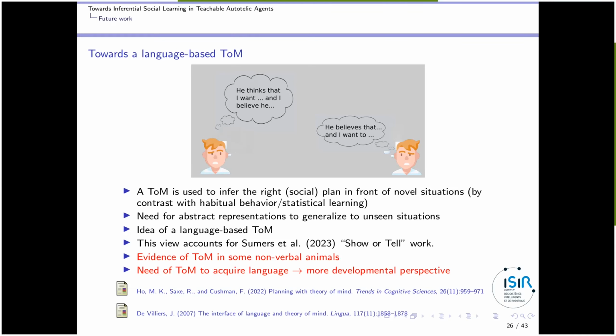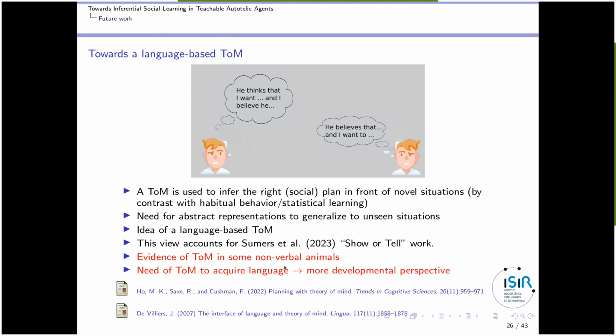So it would be interesting to try to design agents where the language and the inference capabilities about the model of each other are handled in large language models, when they are endowed with some inference capabilities. A few limitations to this perspective.